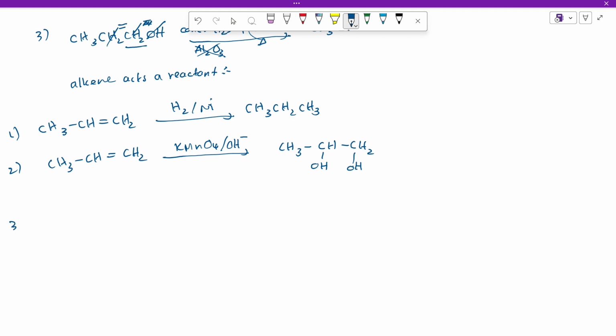Next one, number 3, CH3CH=CH2, same alkene. Then you add Br2 in CCl4. We did the same reaction before, that is CH3CH, the double bond removed which was existing here. Then add 2 Brs, one Br here, one Br here. Afterwards